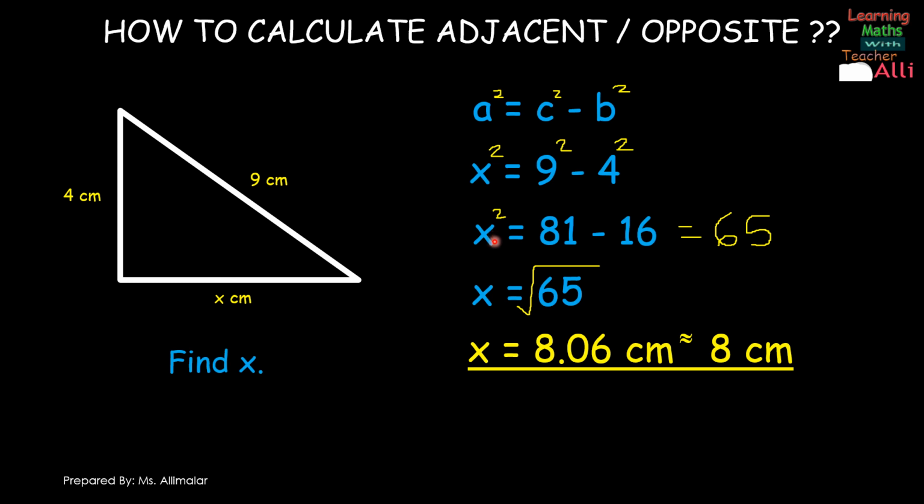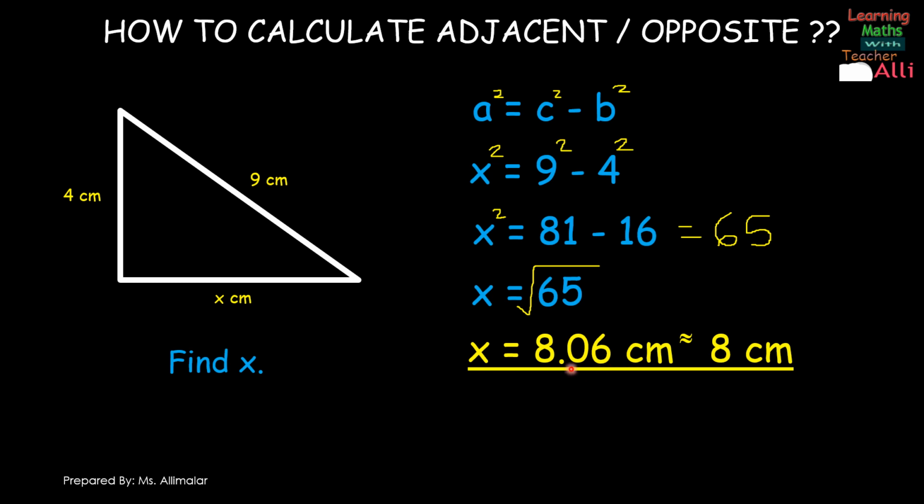The opposite of square is square root. So put here x equals to square root 65. If you square root 65, you will get the answer for x. You need to use a calculator for this. Just find the button for square root, then type in 65, and then press the equal sign. You will get this answer, 8.06. As usual, you will get more numbers, but just choose the two numbers that come after the decimal point. Don't choose the last two numbers. Okay, 8.06